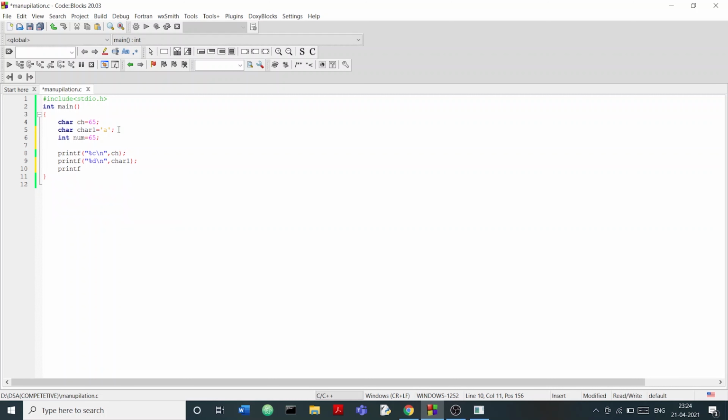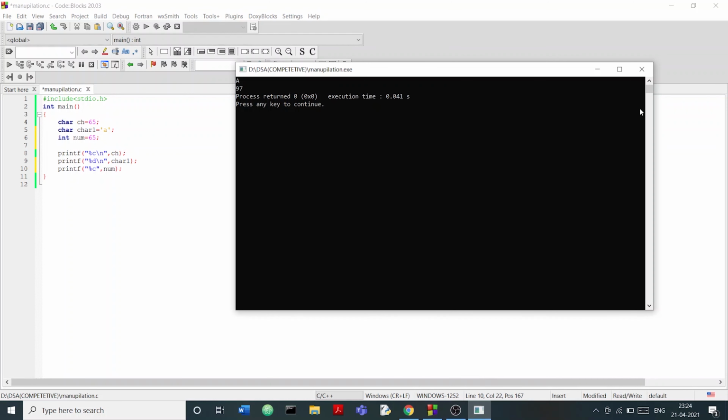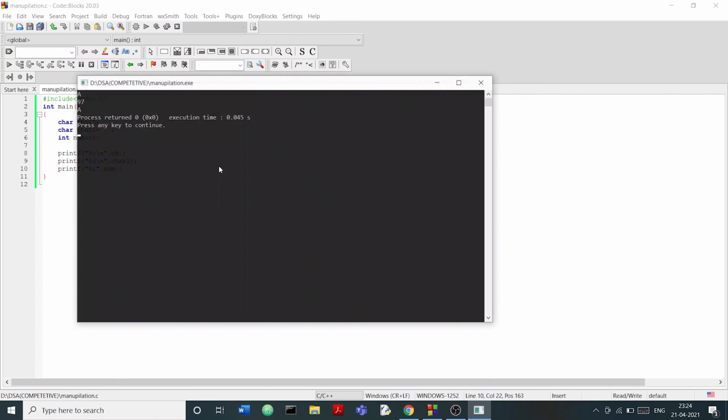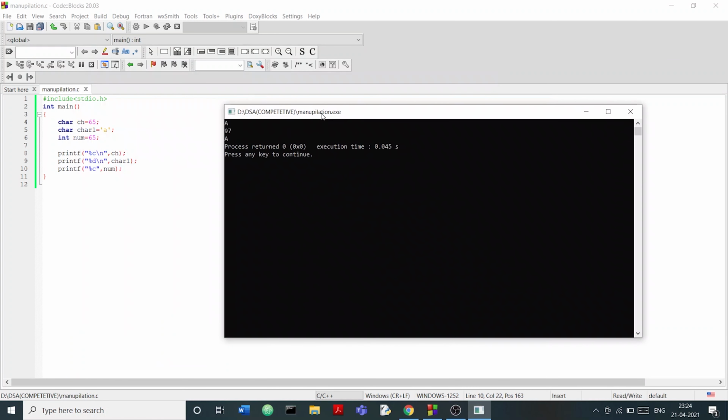After that I am printing with printf, using percent c as the format specifier, and giving it the integer variable as an argument. Let's see what happens. I will close this console and run again. You can see that I have given the number 65 as the value, but I have used the format specifier percent c.